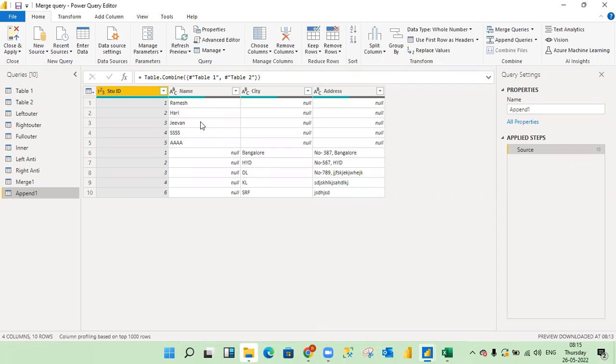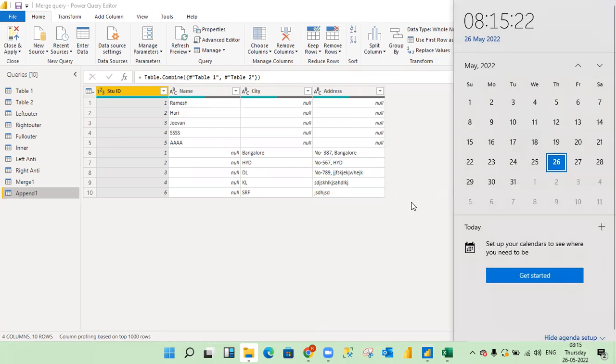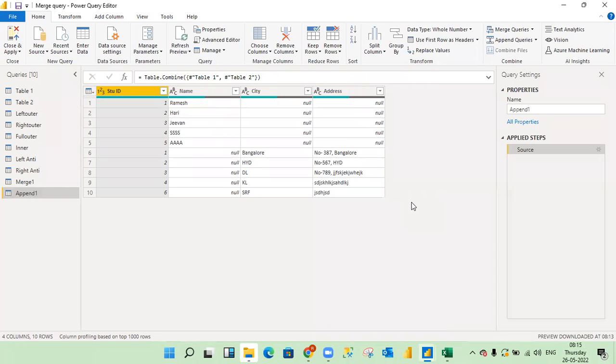Okay, like normally, when can we use this append queries in real time? For example, I have 2021 year data in one table, and 2022 year data I have in a separate table. Two separate sales tables I have. Like I want to combine them into one table, so that we can do the calculations and everything easily. We'll have a year column with 21 and 22 in one year column. When we have 2 years of data, we can combine by using